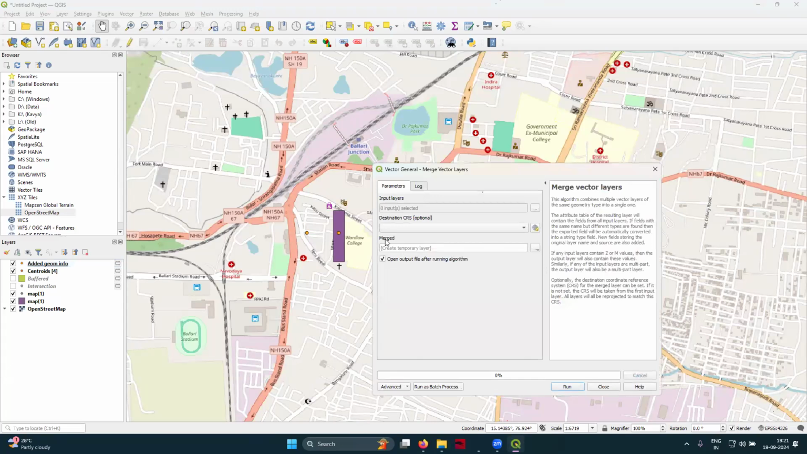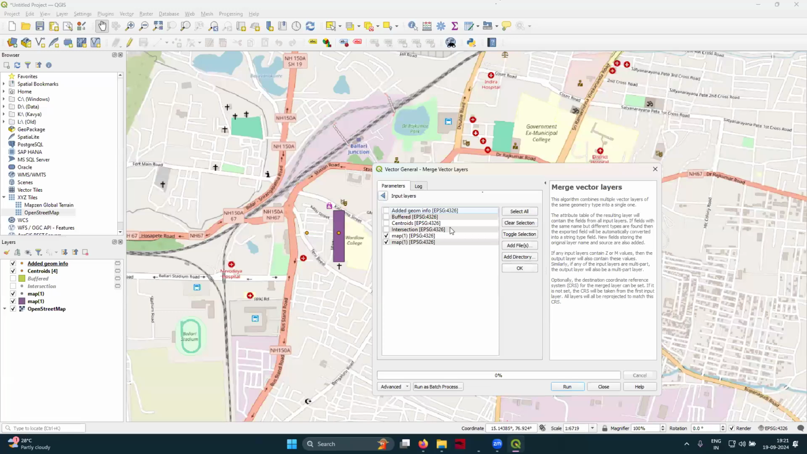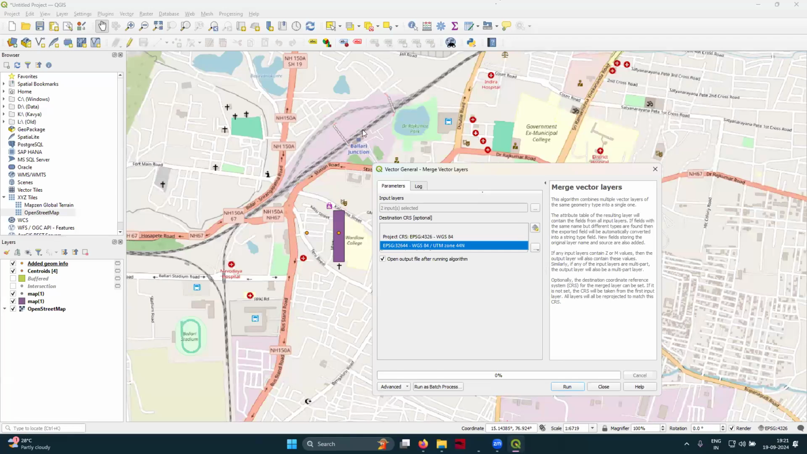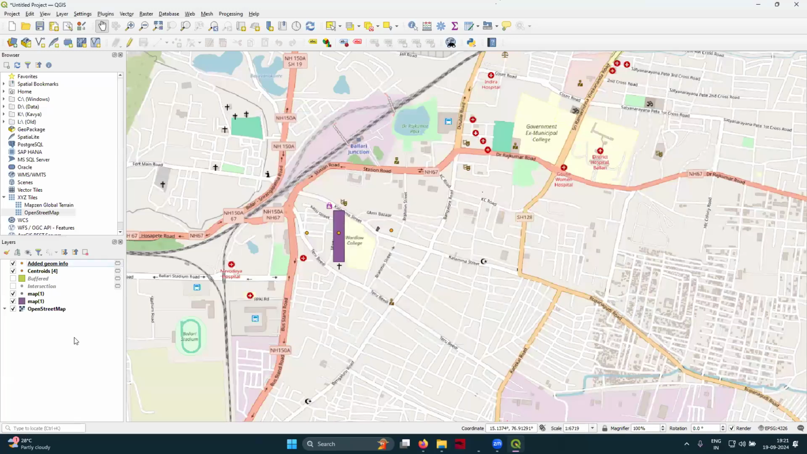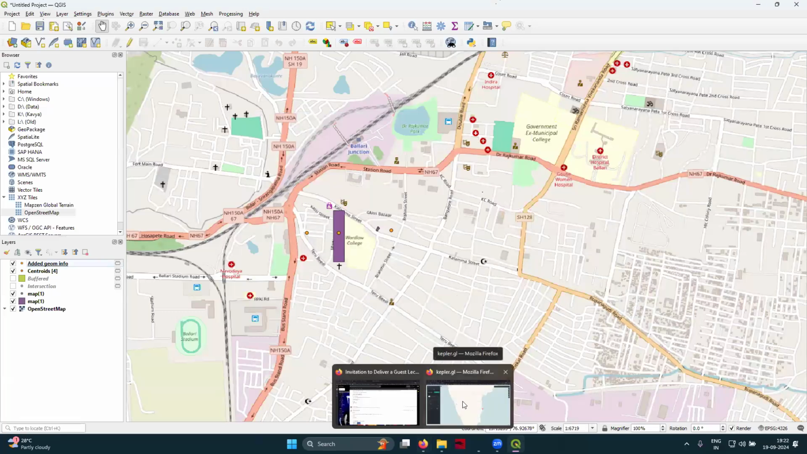Let's say that I want to merge these 2-point data sets. I select them, and I get to select the projection system that I want them to be saved into. It's just an offering by this tool. Once I run, I get the basic merge. So that is pretty much it with respect to these kind of data sets, and with respect to QGIS,